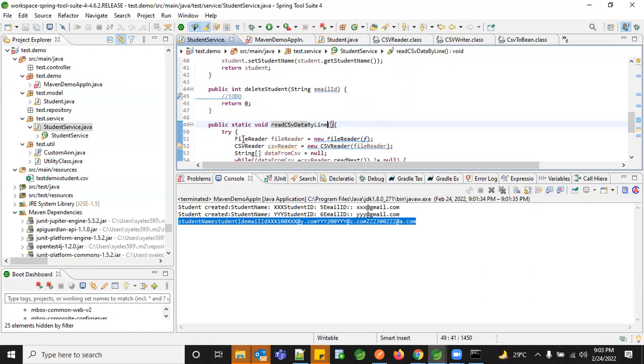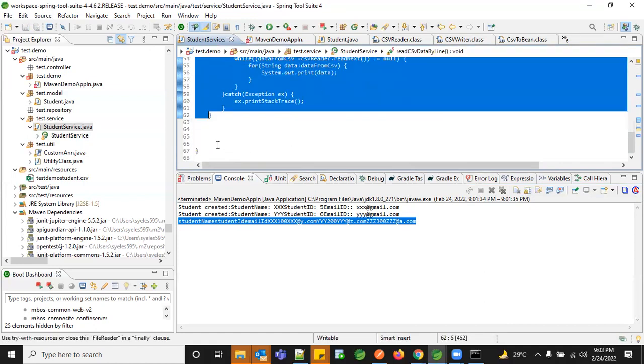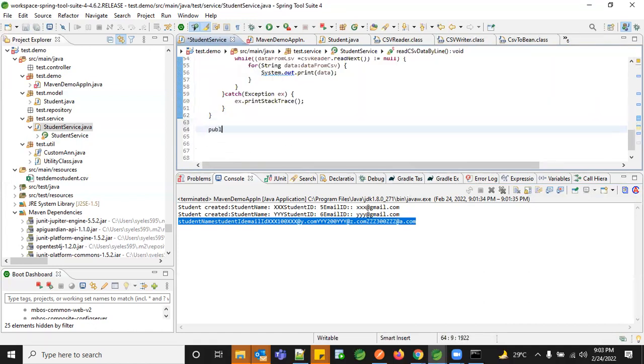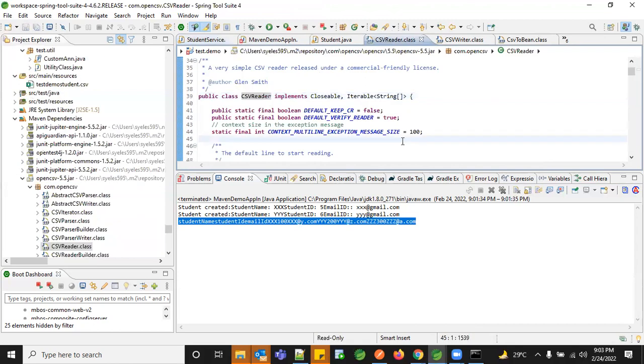So what if we wanted to read the entire data? How are we going to read that? There's something similar to read next. There was one more method.